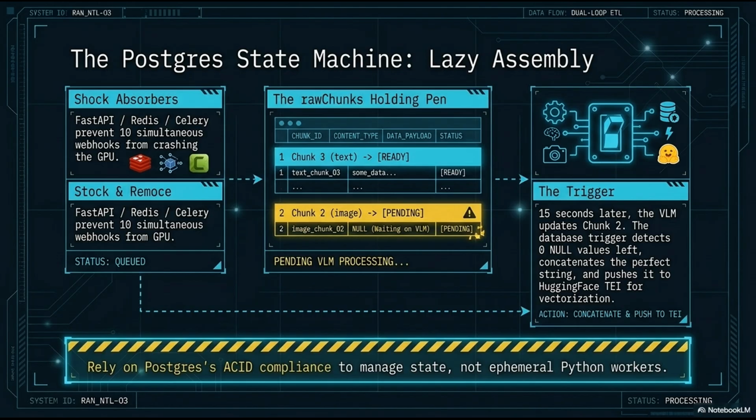Inside PostgreSQL, we write a database trigger. A trigger is a function that runs automatically on a specific event. As soon as the update happens, the trigger checks the row. If the row has no more NULL values, meaning all the asynchronous Pandas and Llama workers have reported back, the trigger fires. Oh, wow. It concatenates the text, the JSON tables, and the VLM image descriptions together into one perfect